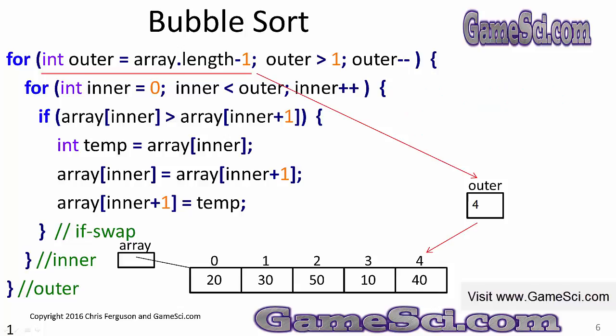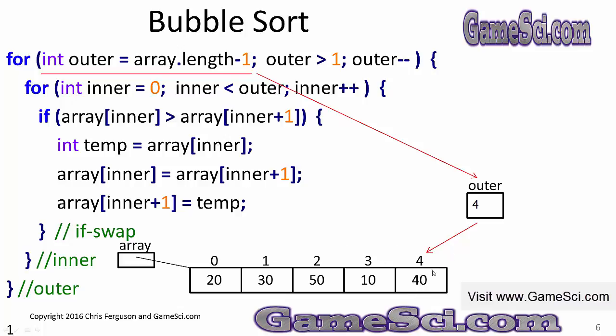I wrote the code for bubble sort here. This time I made sure I put in the curly braces because it's a little more complicated code. We're going to set up a variable called outer and set it equal to array length - 1. And what that's going to do is kind of give us a target. All right? The goal of bubble sort is to bubble, or move, the largest number we can find to this outer position. So I'm going to go through this data and move the largest piece of data I can find